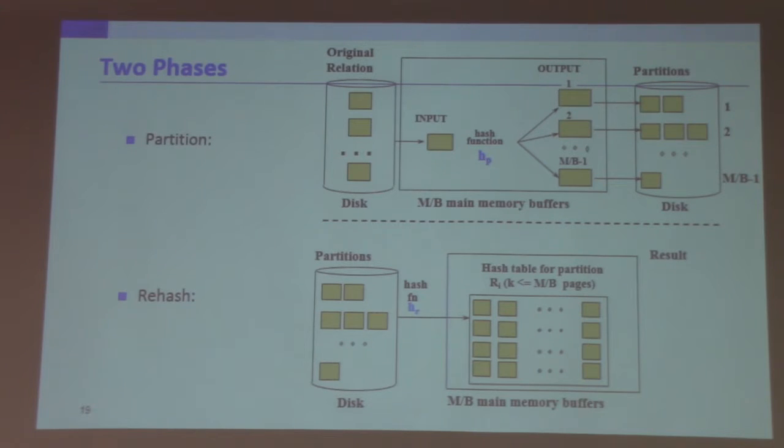Because for universal hashing, as long as m is greater than 100, you get a collision probability of this. Does that make sense? Now, if I use HR from another universal hashing family to build an in-memory hash table,